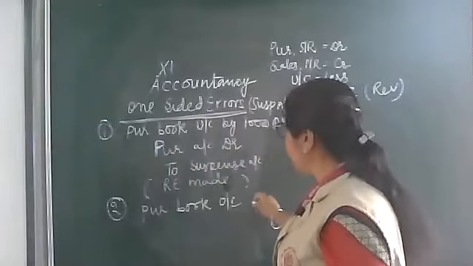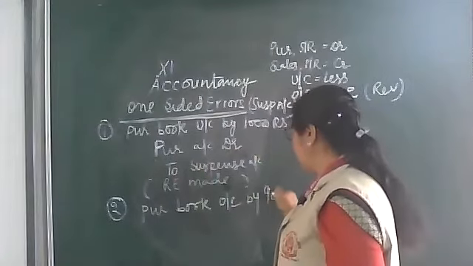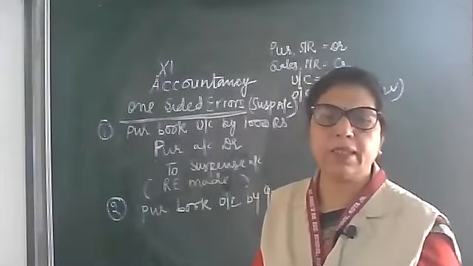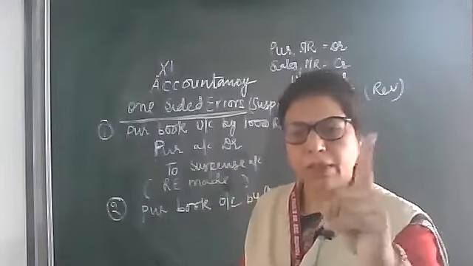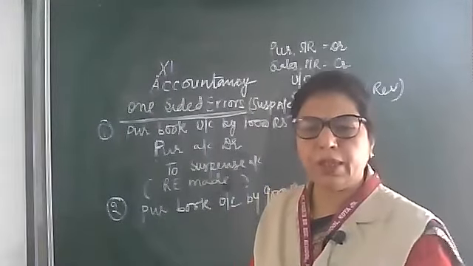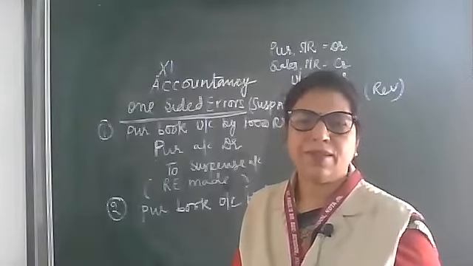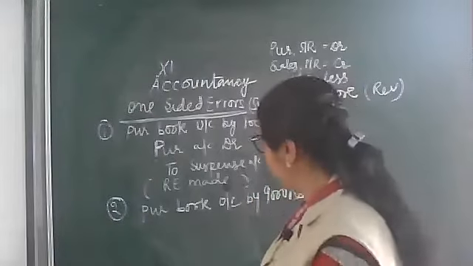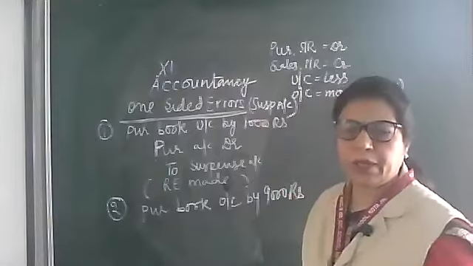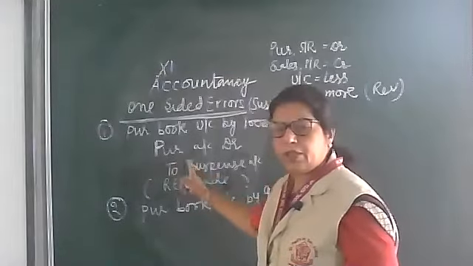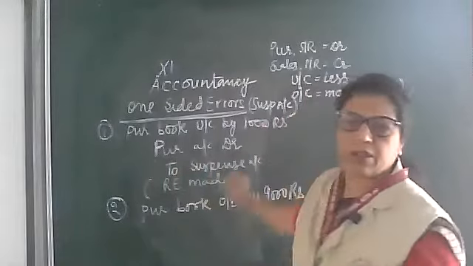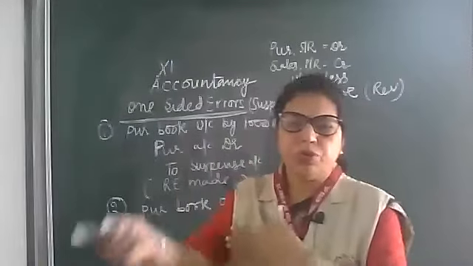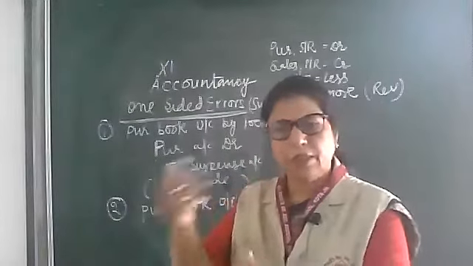So purchase book overcast by 9,000 rupees here. Why 9,000? Who will tell me the reason? In place of 1,000, the accountant totaled it 10,000. So 10,000 minus 1,000, the difference is rupees 9,000. So purchase book overcast by 9,000. So this general entry will be reversed. Just now I told you, in case of over, what to do? In case of over, reverse effect.